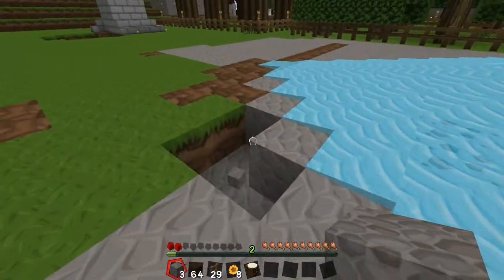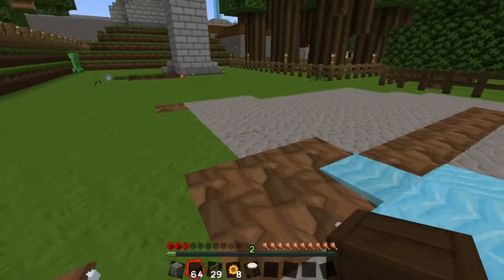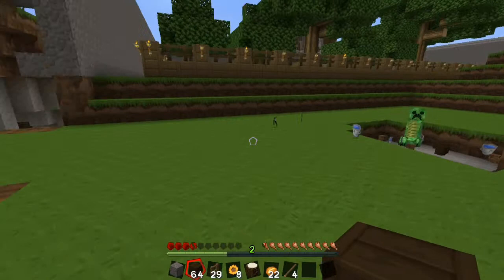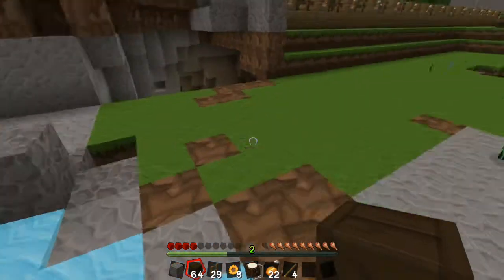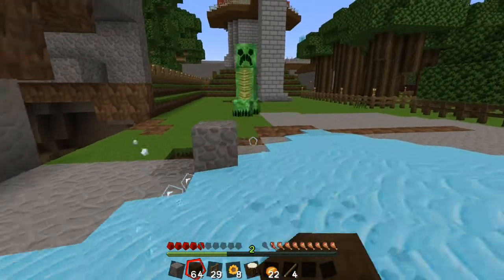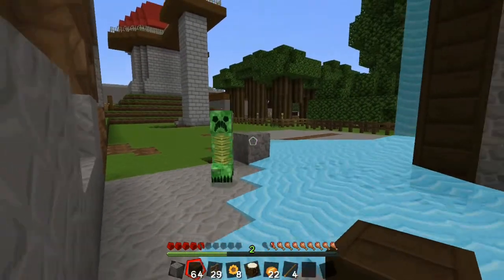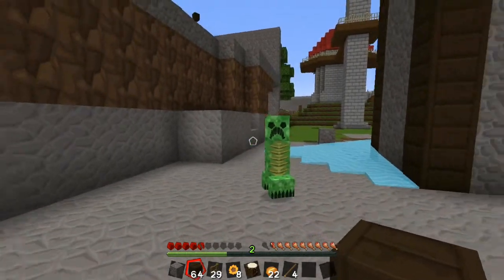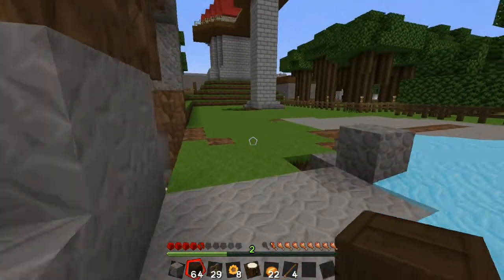Okay. You know what? It doesn't matter down here right now. You leave me alone. I need my diamond sword. Oh God. I don't want to die. I'm gonna let him explode. There we go. Okay. That's easier than trying to deal with it when I don't have any of my gear